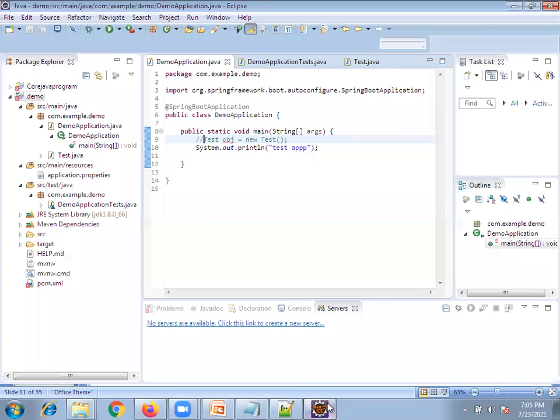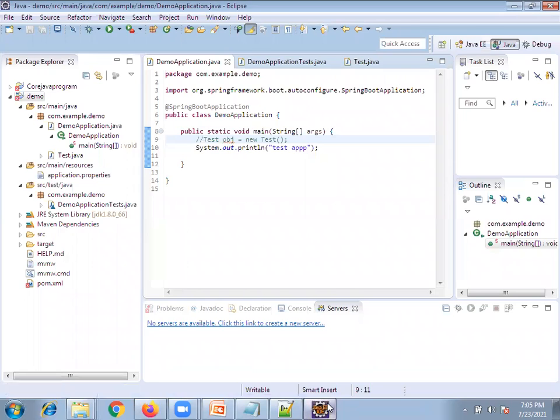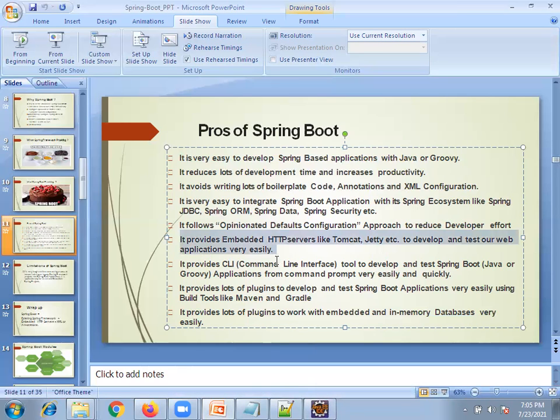You no need to configure any external Tomcat to deploy your application and test it. By default, it will provide. And we are going to execute through the command line. And we are going to develop and test the Spring Boot application like how a Core Java program is going to execute.